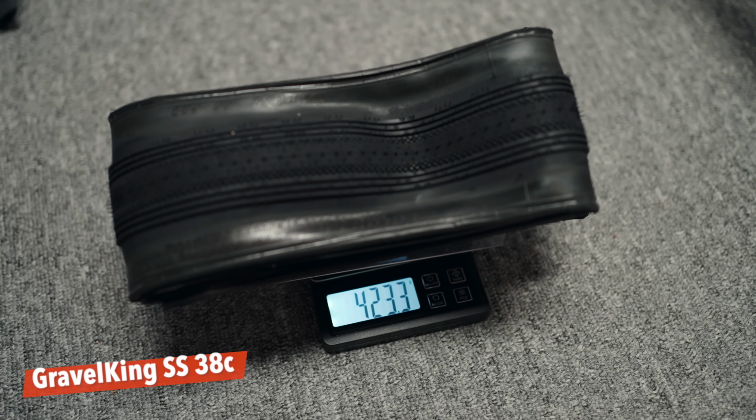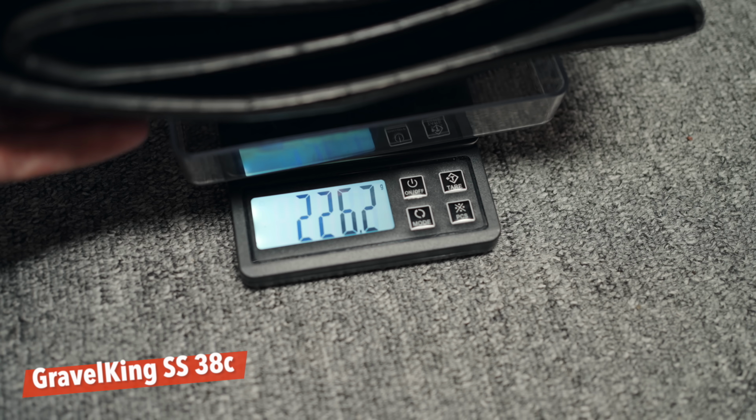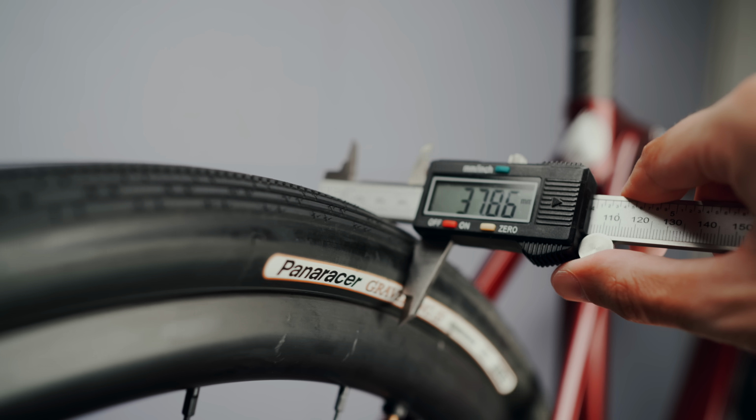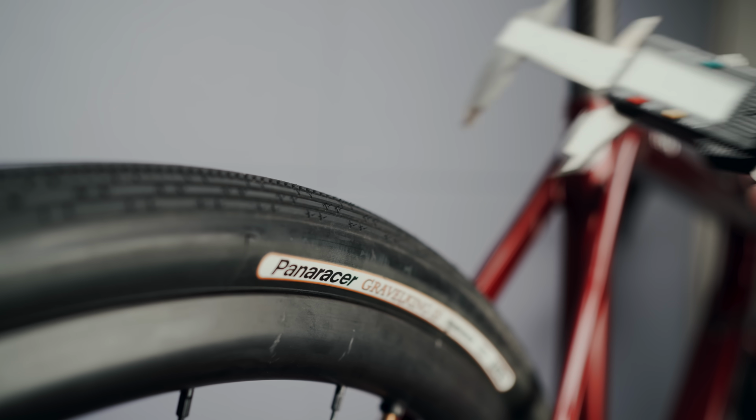For me, I had already decided to downsize the tire to a Gravel King SS in a 38mm variant. The reason for that is basically that gravel event I was talking about in the beginning. I'm actually riding out to the event, which is over in Niigata. That's about a 250, 260k ride the day before. And yes, I know the Gravel King SS is a pretty perfect all-around tire, even from tarmac, at least